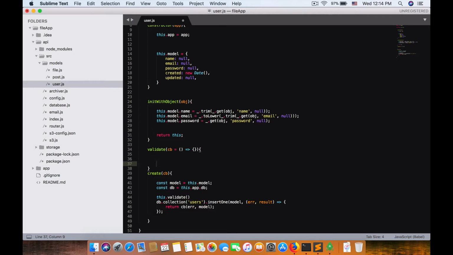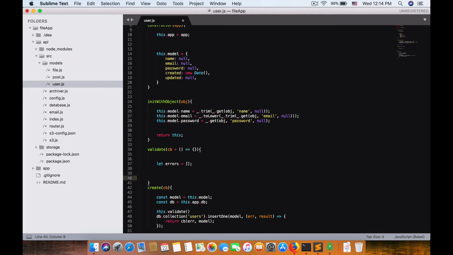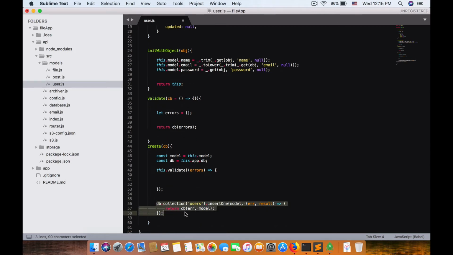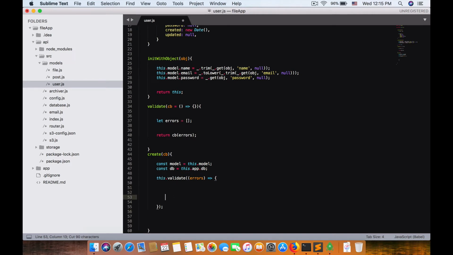We can do this with an arrow function equal to an empty one, and return the callback with the errors. When we call the validate function, it should have a callback function with errors. This function executes the insert of the new row into the user collection, so it should be inside validate. After validate, we should insert. So we can check the errors here: if errors.length